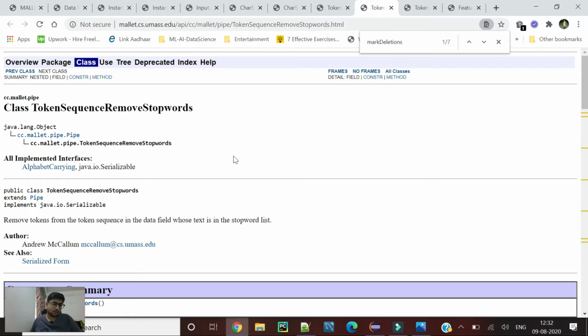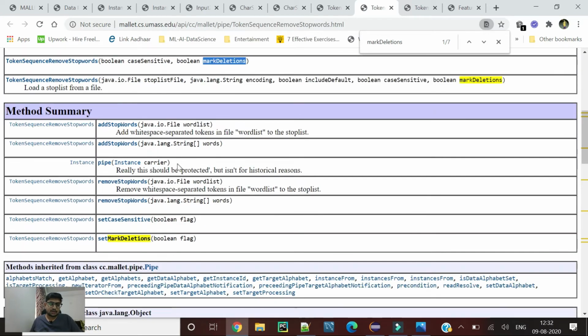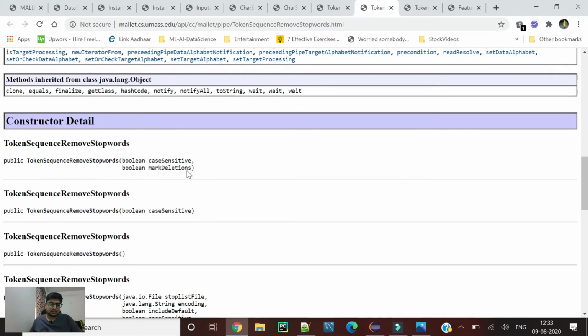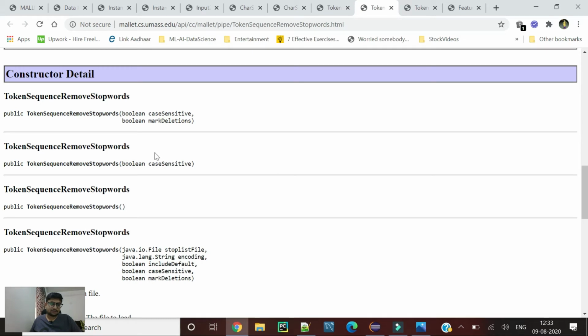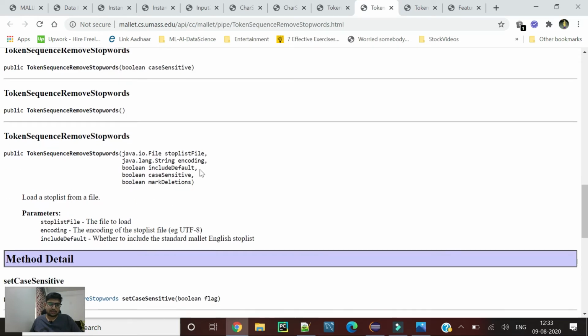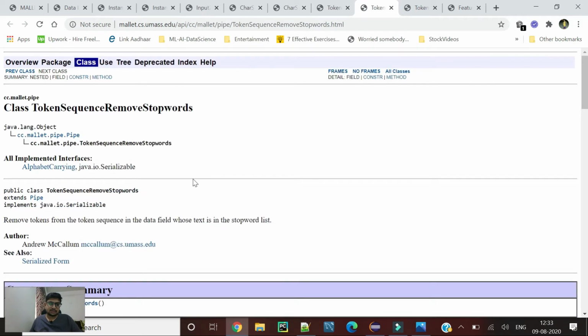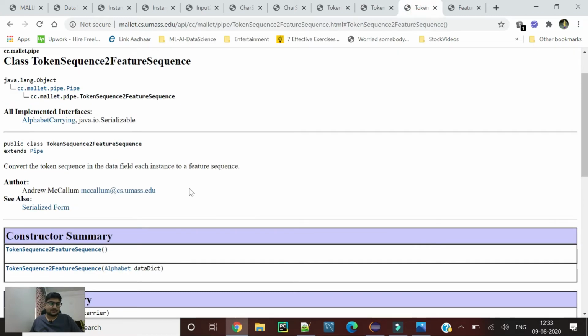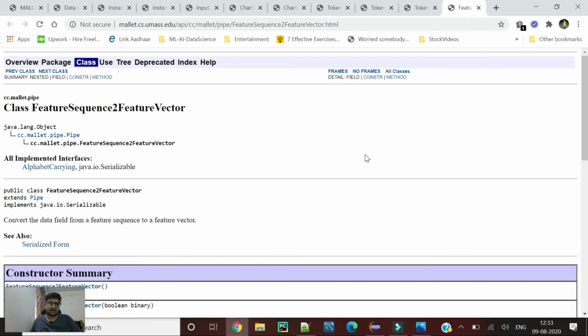Again, this is an optional thing. You can also give your own stop words, and you can choose whether it is case sensitive or not. Then we convert these token sequences into feature sequences, and then these feature sequences are converted into vectors.